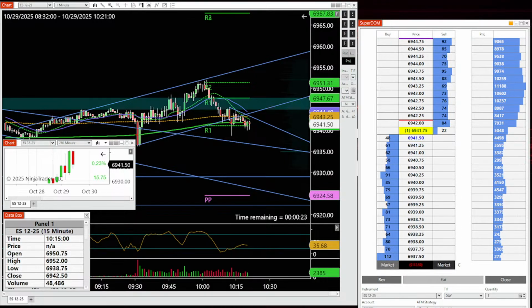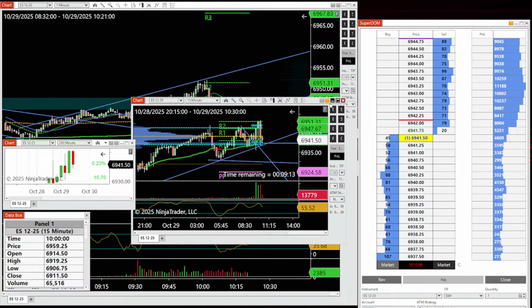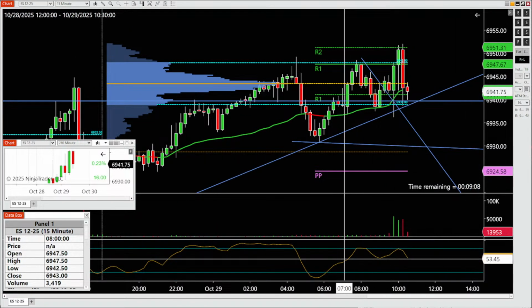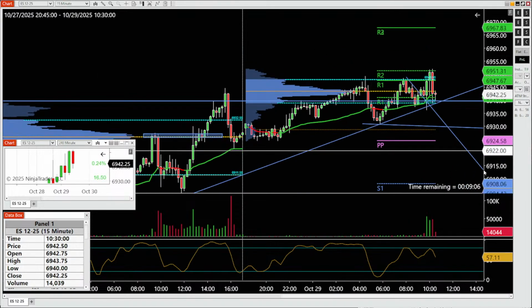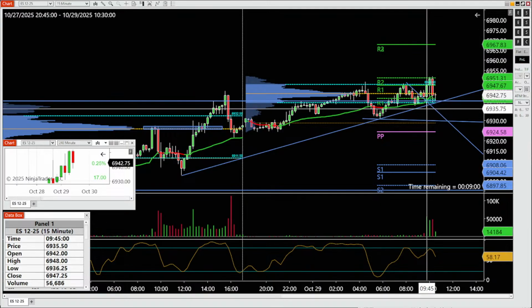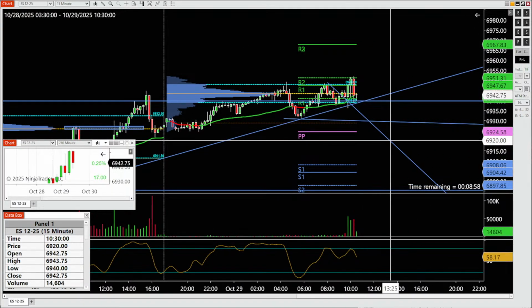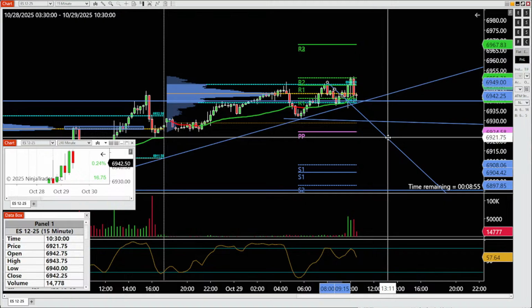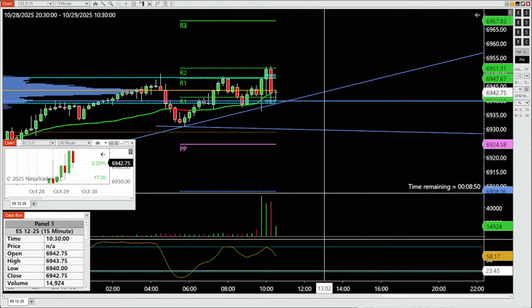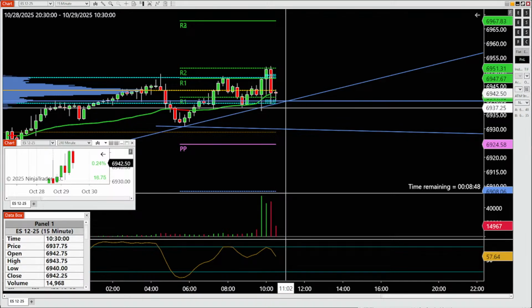We have a bigger trend line on a 15-minute chart that hasn't broken. From here, testing here, broke, tapped here, hasn't broken. I'm gonna remove this one. That hasn't broken. So we haven't broken this trend line yet.